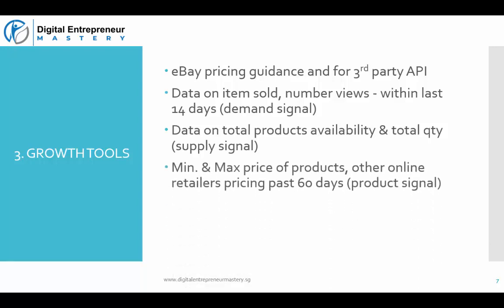And there's also a minimum and maximum pricing of products from other online retailers that have been selling over the past 30 days. Now this data is not provided in any of the previous versions on eBay, but on the Amazon side you can install certain plugins to view this data. So I would say this is a major integration in terms of pricing